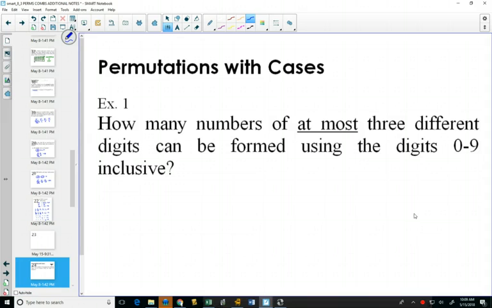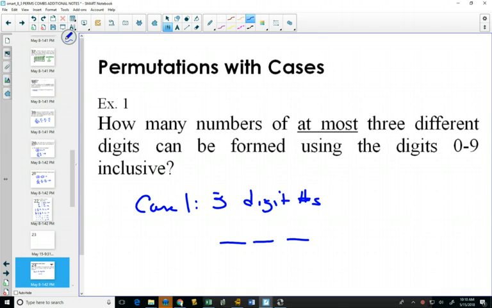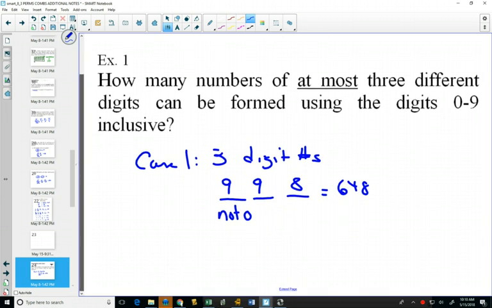So how many numbers of at most 3 digits can be formed using 0 through 9? Well, this we can't count all at once. And with cases, we often write case 1, I'll count my 3-digit numbers. What restriction do we have if we're counting 3-digit numbers? Can't start with 0. So this is not 0, giving us 9 choices, then 9, then 8, for 648 in total. Case 2,